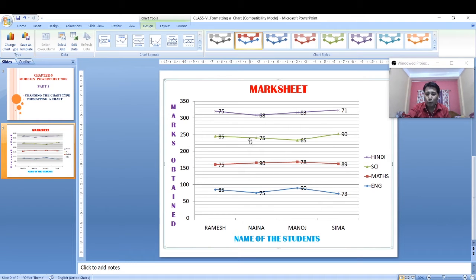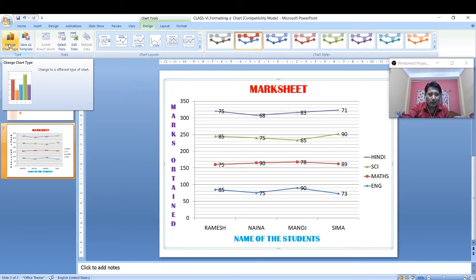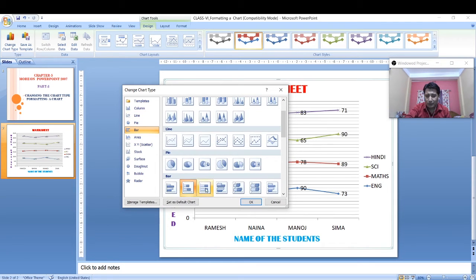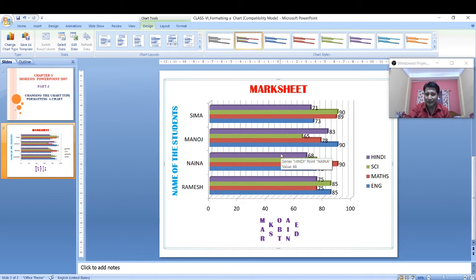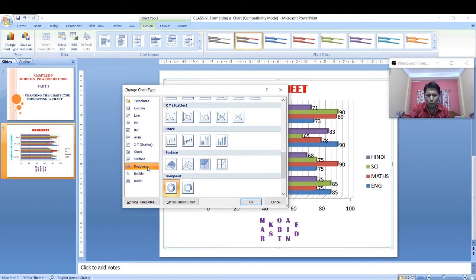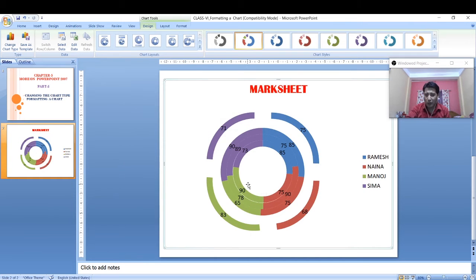Now again, if you want to change this chart type into another, go to the change chart type button. Okay, now suppose if you want to use a bar chart, click on the bar chart. So here you will see a different style. Use one of the styles, click on OK. So we call this as a bar chart. Okay, so similarly you will get different types of chart here. Suppose area chart, scatter chart, okay, surface, donut chart. So click on any of the charts, whichever you want. Okay, just select the chart type, click on OK. Accordingly the chart will get plotted.